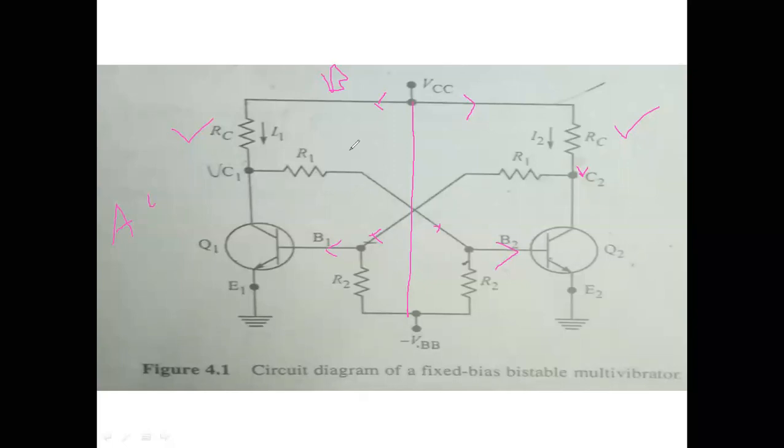This state is what we call the quiescent state. That means our bistable multivibrator is not present in the stable states, and this state we are not going to use. How do these transistors come to a stable state? A stable state has to satisfy some conditions, and when those conditions are satisfied, the transistor moves to the stable state, which means it is working as a bistable multivibrator.